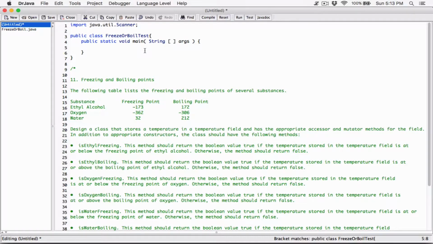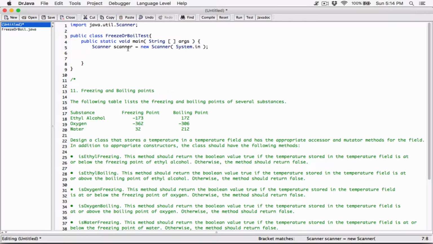Now with the scanner class, we have to go ahead and create an object. So I'm going to go ahead and do that. I'll create a class type variable called scanner, create a new Scanner object in memory, pass in System.in, which is basically going to accept byte info from the keyboard, and then I'm going to connect, or basically send with this equal sign, the memory address of this object to this class type variable. Okay, now I can use this scanner object, or this variable that references the scanner object,